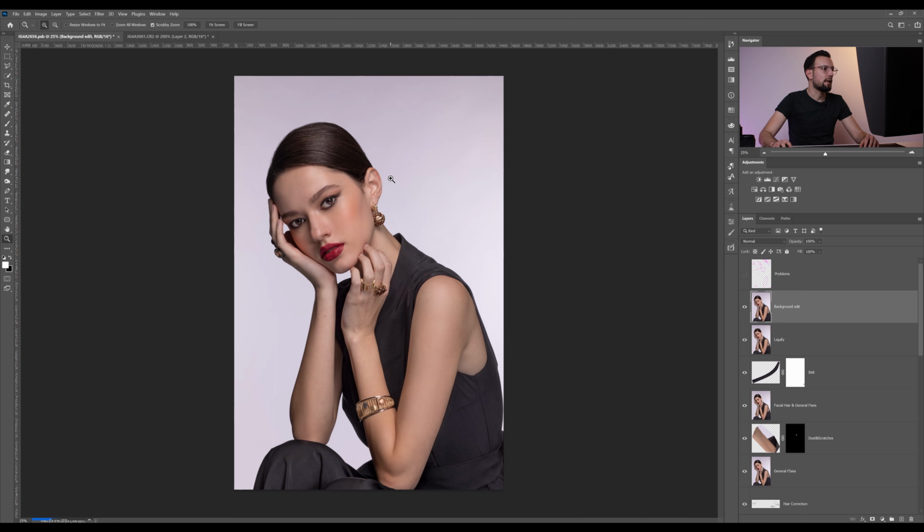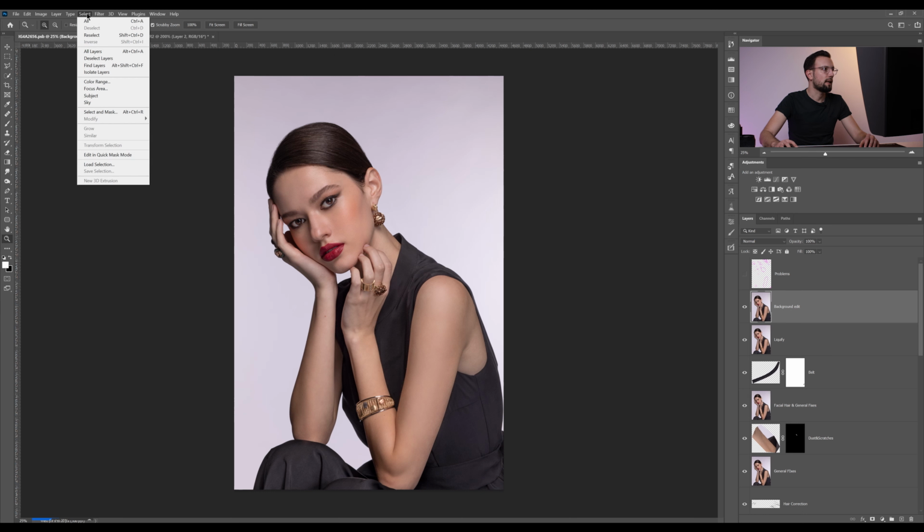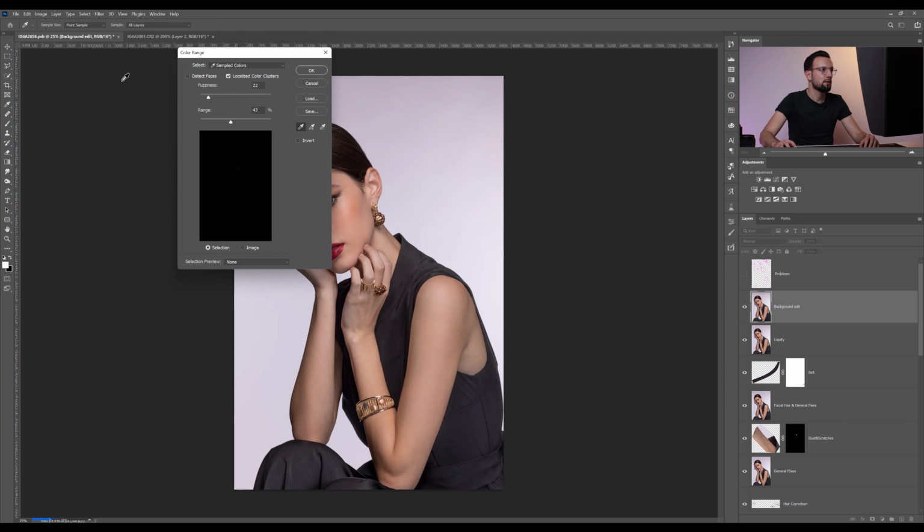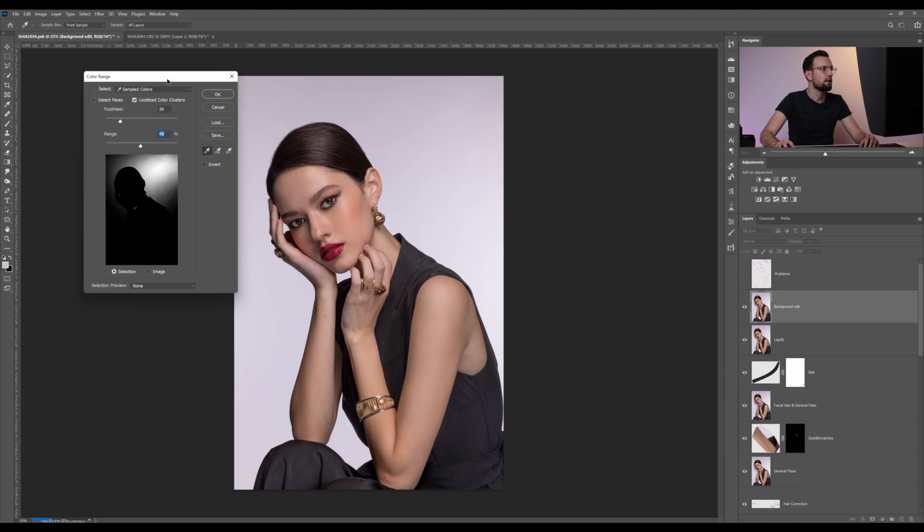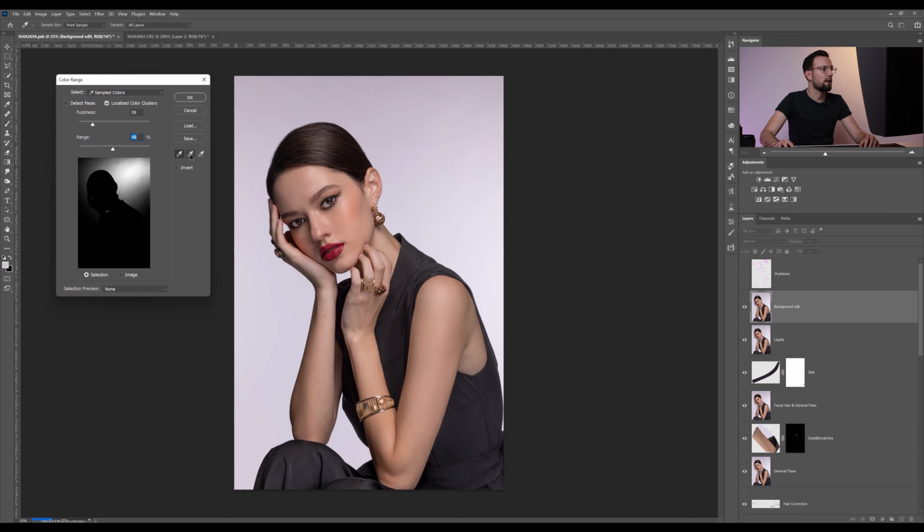So how are we going to select it? We have multiple options here. My favorite one is this one. I'm going to hit Select and then use Color Range, and then click on the color of my background. Increase the fuzziness, increase my range, and here I'm going with my plus, and then I'm going around my background. Notice how easy it is